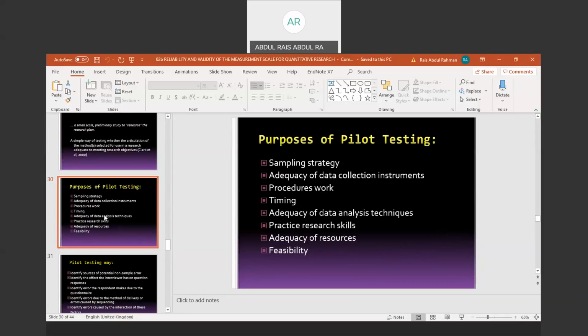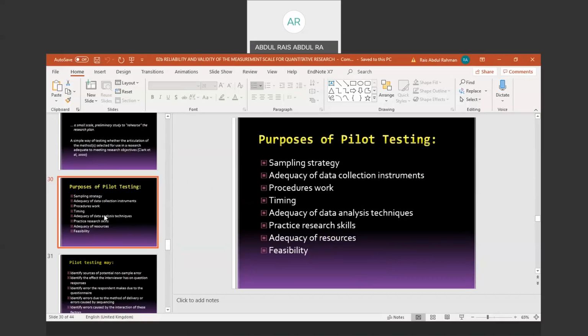The main purpose include as a sampling strategy, to exercise or practice the procedure of work, to measure timing, whether your respondents can comfortably answer your questionnaire within an acceptable time range, adequacy of data analysis technique, practice your research skill, meaning